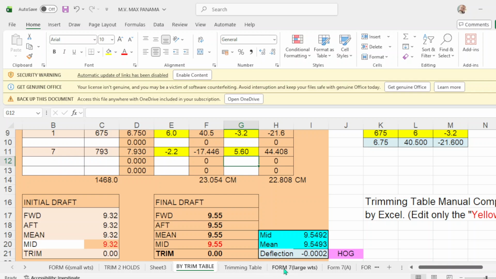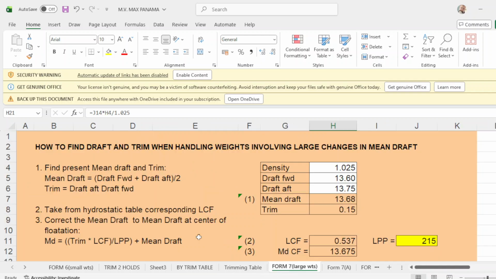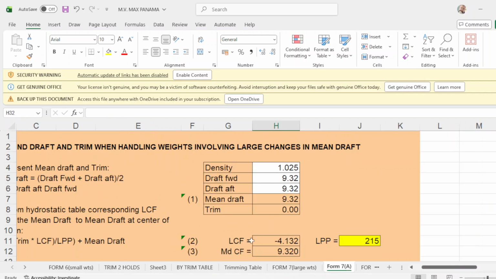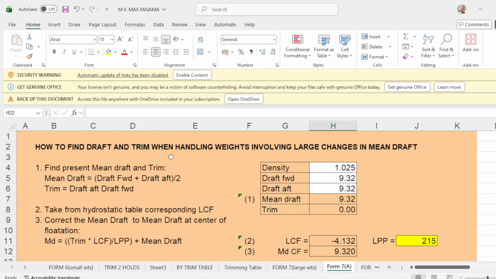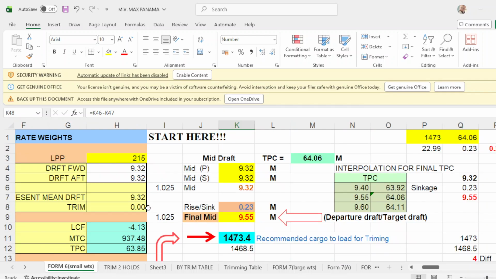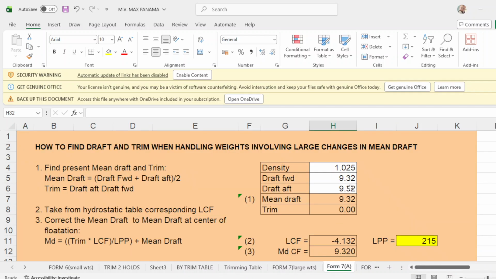Then we go, this is another form, form number 7. This is how to find drop and trim when handling weights involving large changes of mean drop. Now our density is 1.5. Okay, from drop reading of 1.025 and upon completion of 1.025, your density. Okay, and your initial drop is